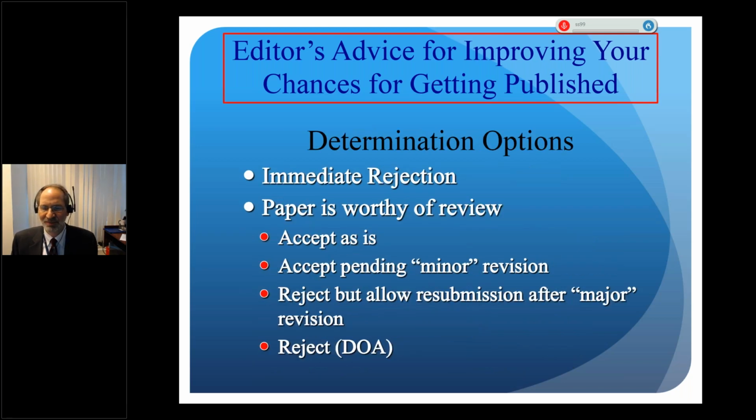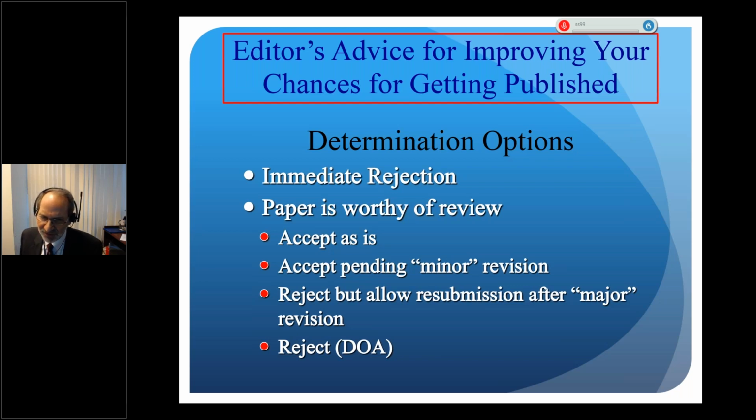Now, what happens? The paper comes to us. Let's say that it passed the first hurdle and makes it to the reviewer. What happens at that point? Well, the reviewer may reject it and say, this paper's not very good, I don't think it could be repaired, it's not right for the journal. Then it'll come back, and that paper may get what's called an immediate rejection.